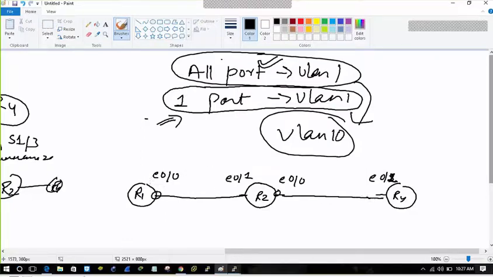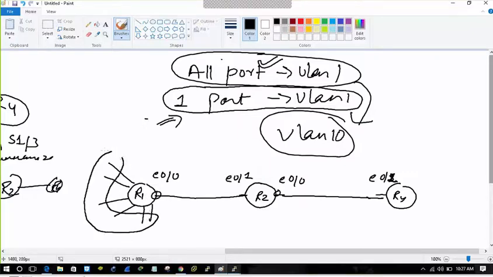Now we will do the summarization. We will make some loopbacks on R1 and see the summarization. First we will do the summarization here, so we get only some routes and the others get suppressed on R2 and R3. Then one time we will do the summarization here too, because EIGRP really gives you freedom.